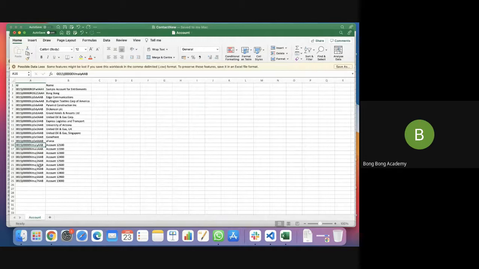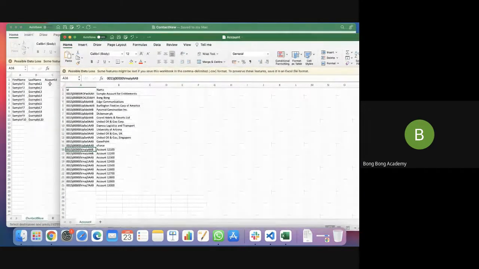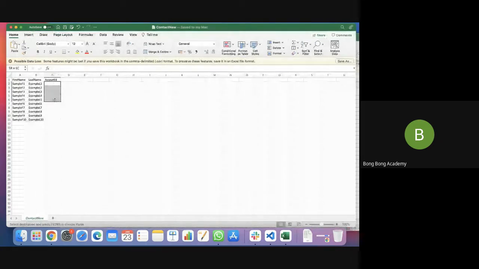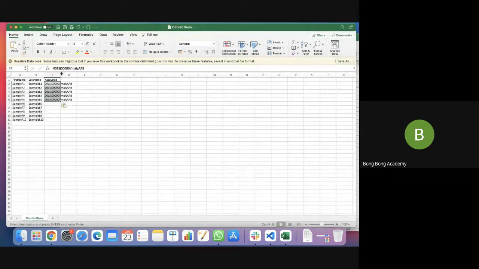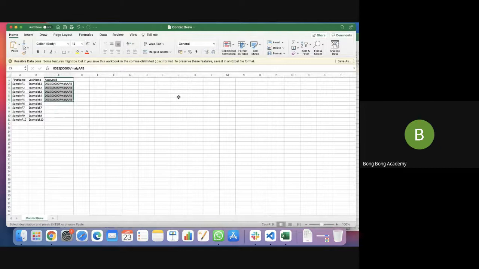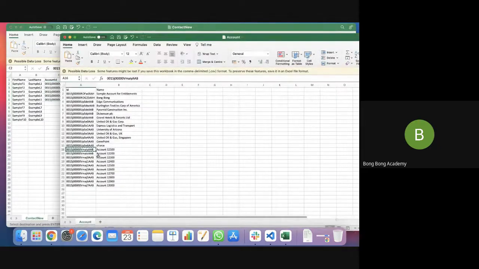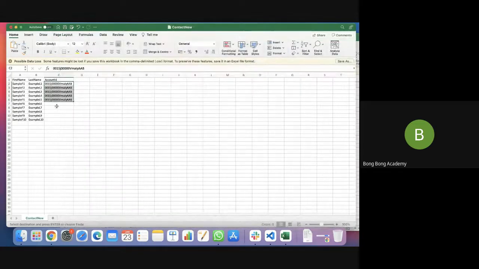So let's create the first. I will copy this one and paste it in this 5. Making sense? I will copy this one and I will paste it for this because that is what I want to do. Only create 10 contacts, 5 contacts under first account, then 6, 7, 8, 9, 10 under second account. Okay, 5 each, 2 accounts.